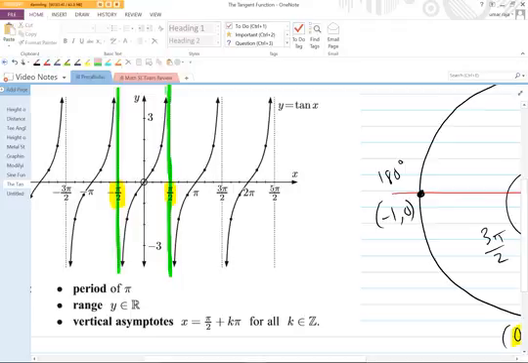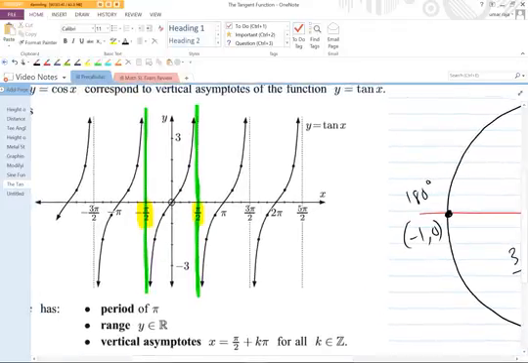What else do you notice about this function, guys? You can see that the shape repeats itself from negative pi over 2 to pi over 2. You also know that the distance from negative pi over 2 up to 0 is 90 degrees, and then from 0 up to pi over 2, that's another 90. So what does that tell you? What can you say about this overall distance right there? That's 180 degrees, or pi, and you can see that the tangent function has that same shape every 180 degrees,